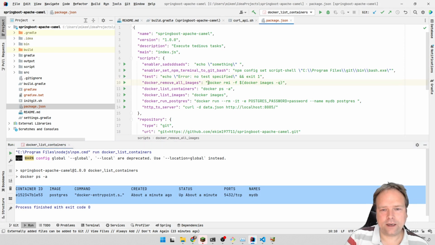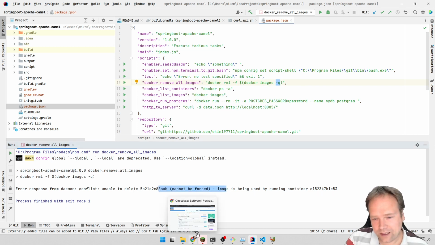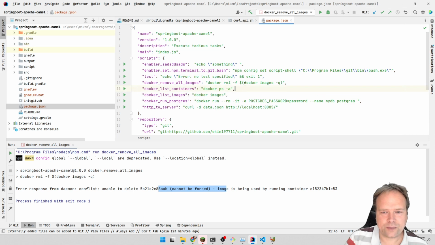I also have this cleanup right here where it deletes all. RMI means remove image, and -f is force. That means it does not matter whether a container is up and running and based on that image already. And this will fetch all of the images with only the image ID, of course, the image ID. So that's a way to get all of the images. So this should delete all of my Postgres images, but it cannot be forced. Okay, it could not be forced, so let us create a new